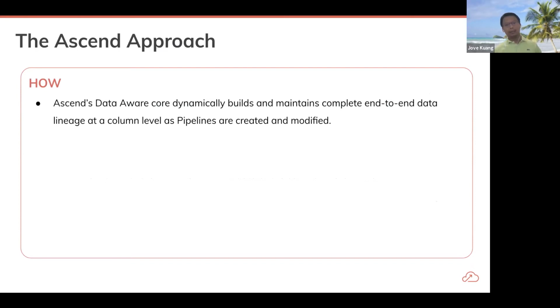So Ascend's data-aware system, at its core, dynamically builds and maintains the complete end-to-end lineage at a column level already as the pipelines are being built. There are no additional buttons users need to click, because Ascend is a data-aware system. As the pipeline is being built, it's already doing this.